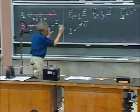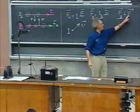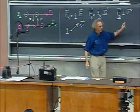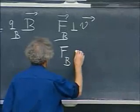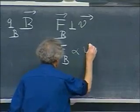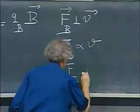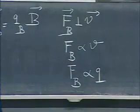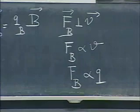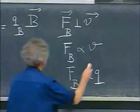So there is a magnetic field, the charge is moving with this velocity, and there is a force on that charge which is always perpendicular to v. The magnitude of that force is proportional to the speed of the particle, and it is also proportional to the charge itself. If I double the charge, then the force doubles. If I double the speed, then the force doubles. And so the way that we define now